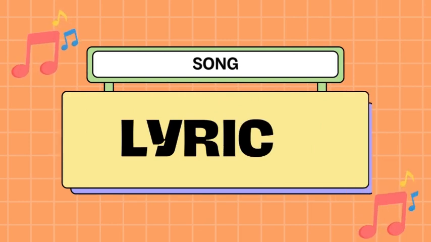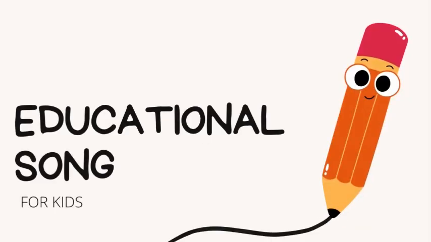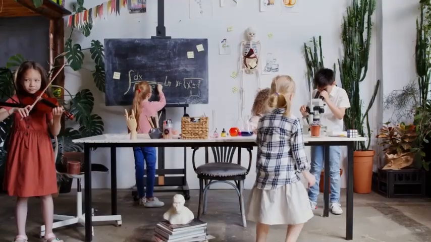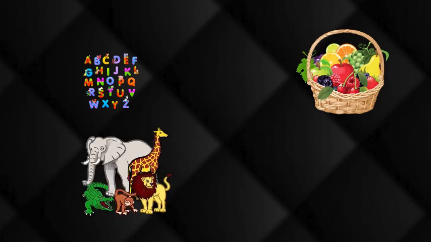So the first thing that you need are song lyrics. Now before you generate the song, you must know what it will talk about. Number one, the song must be educational, meaning the song must teach kids something. There are many things that you can teach kids. This includes the daily activities of kids, the names of fruits, the names of the alphabet letters, or the rhymes in English, or the animals or the birds.